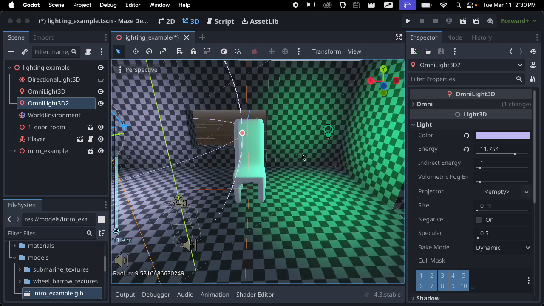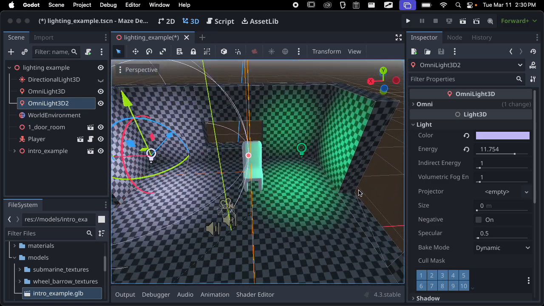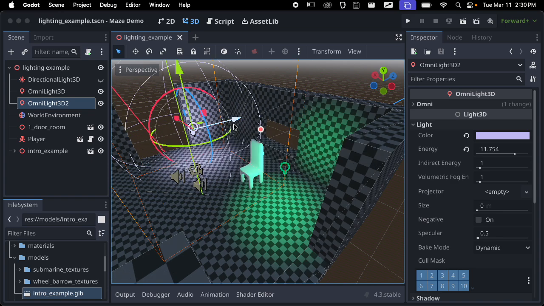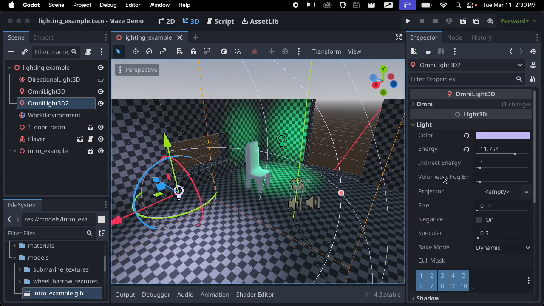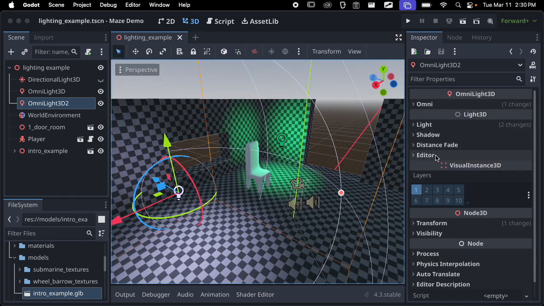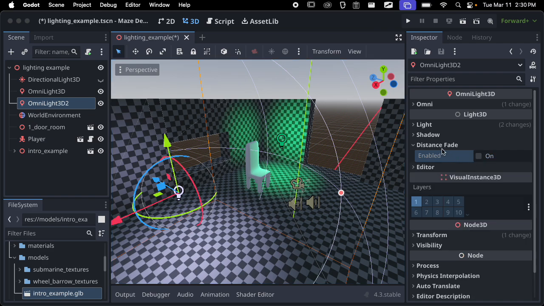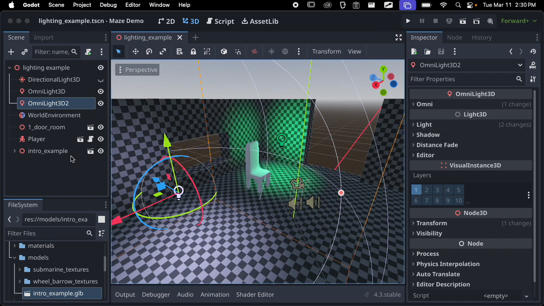And I'm doing it kind of in a dramatic sense to make it look a lot more obvious what's changing and what's happening in the scene. But usually you don't want it to be so over the top unless that's kind of the style that you're going for. All right, so that is the Omni light. We can also play with sort of the fade distance, but I don't think we need to go into that level of detail. Okay, so we've got our directional light, our Omni light, and then the last one is